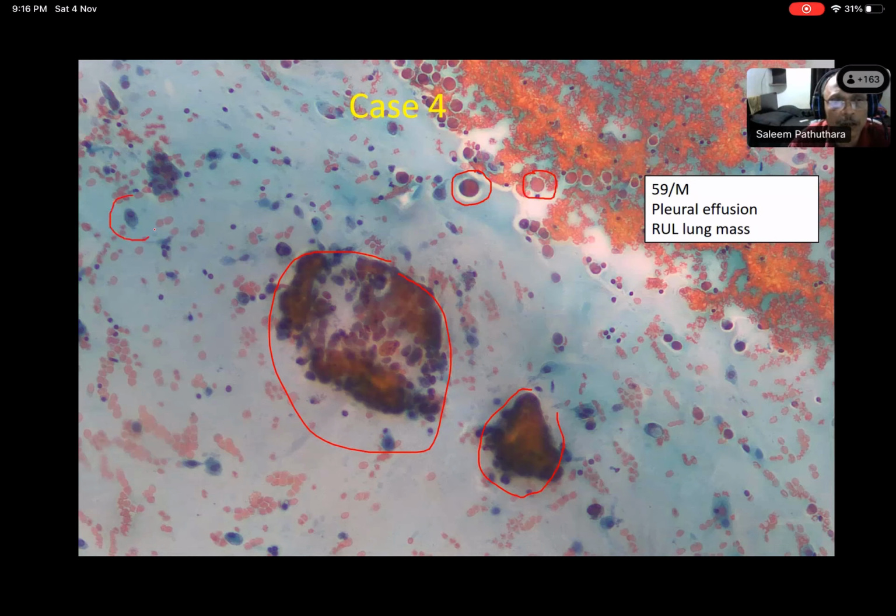Actually, mesothelial cells should have been what color? You can see a mesothelial cell here, no? What should have been the color of the cytoplasm? Orange, sir. Orange for a mesothelial cell? No way. Mesothelial cells will take the normal cyanophilic stain. See, the cytoplasm is a bluish green color, right? The nucleus is purple, and it is central, right? So what happened to this cell? This cell and these clusters. What happened to these cells?